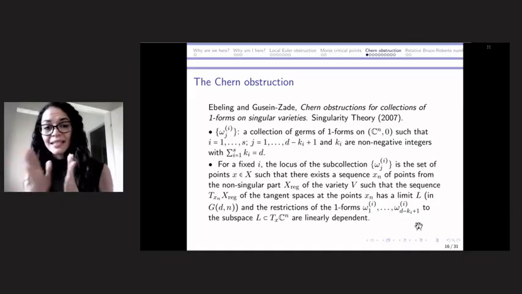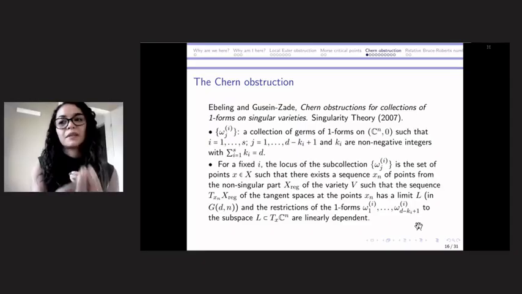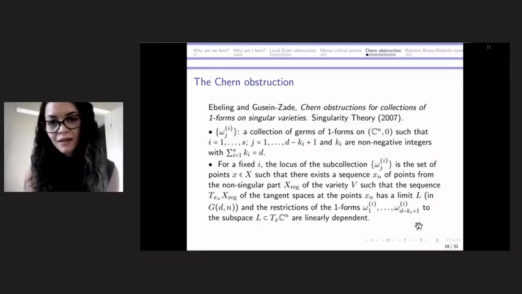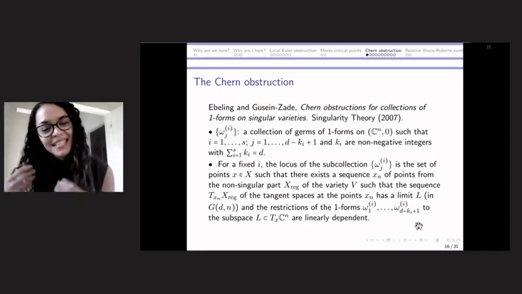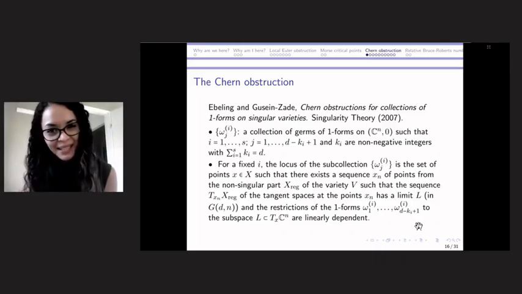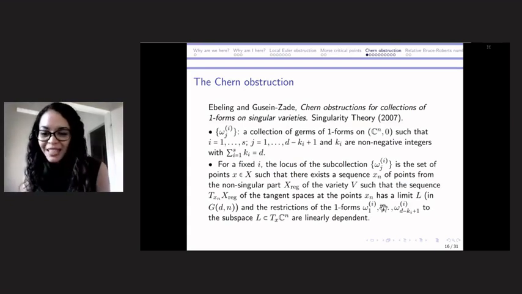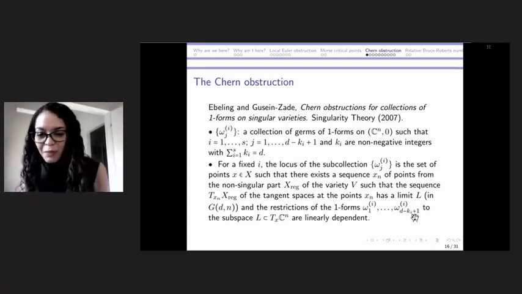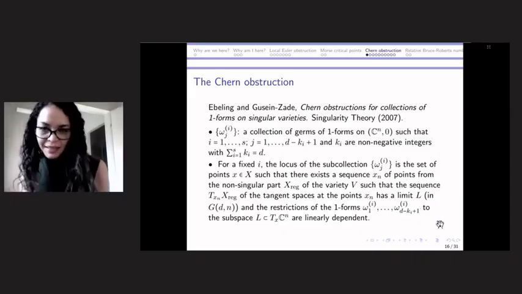And in this sense, since we are not with only one differential form, what is a singularity of our differential form? Are the points where that differential form vanishes. But since we now have a collection of differential forms, we also need to understand what a singularity is in this sense, right? When we have a collection of differential forms, the singularities appear when we have linear dependence. So given a collection of differential forms, a singularity will be when we have a linear dependence.